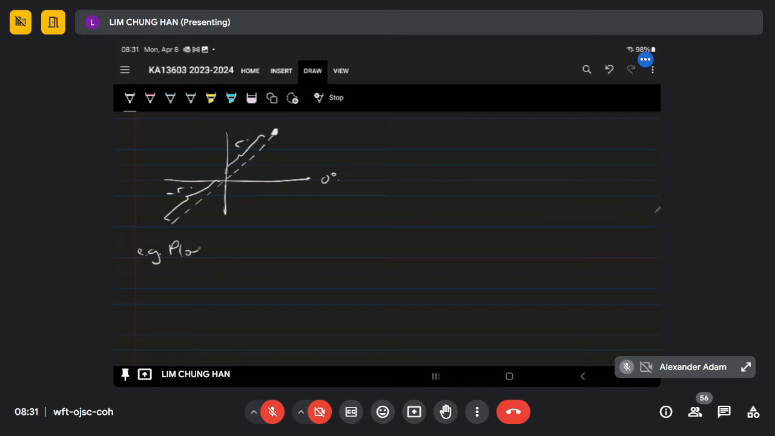Okay, so plot this. In polar coordinates, the first point is always r. The second point is always theta. Okay, so now in polar coordinates,